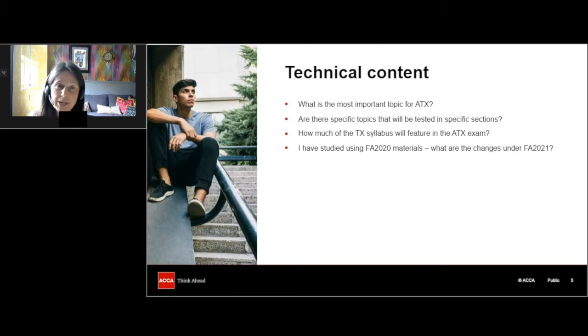For income tax, the personal allowance and the income tax bands changed between Finance Act 20 and Finance Act 21. And nearly every year we have changes to the car and fuel benefits, so that applies there as well. We've also got some differences for VAT. So since leaving the European Union, we now have different rules for VAT in terms of overseas aspects.